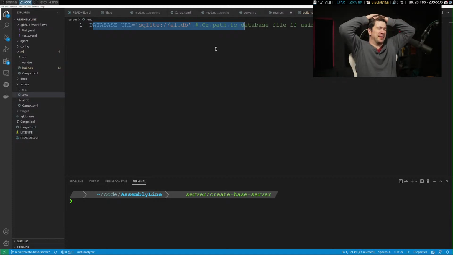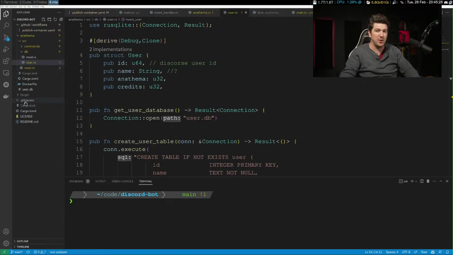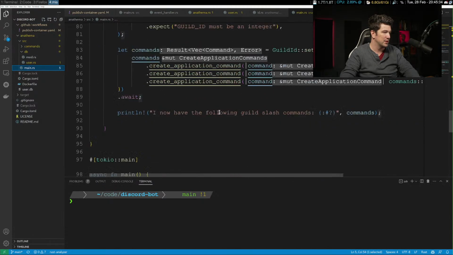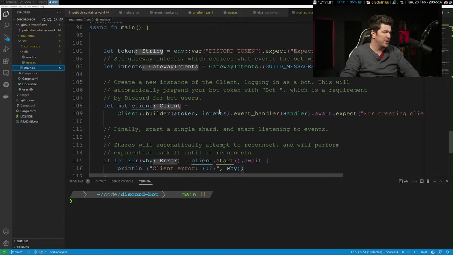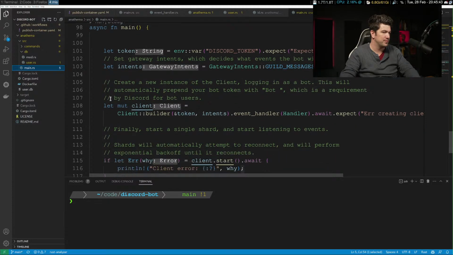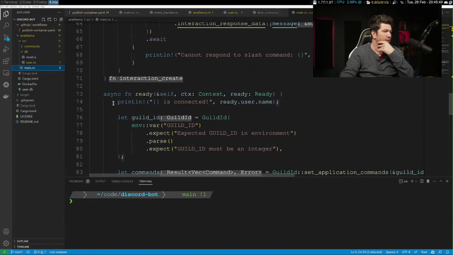So this is the one part that's a little weird to me, because it means basically I have to check in this SQLite database so that people can run it locally. Otherwise, if this file doesn't exist, you can't create it as a part of the... over here, what we had done here is if you look at when it starts up, this. Well, I'm not entirely sure where. One second.